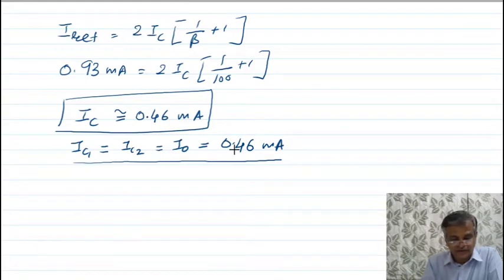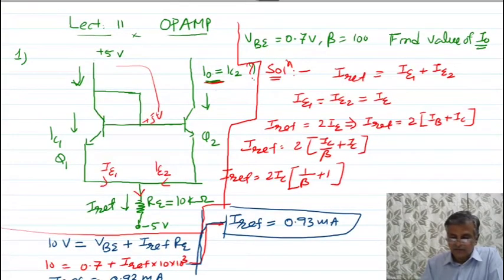Okay, now just a revision. Look here, the question is find the IO. So this I have to find. This circuit is given to you. So from the circuit, what did I do? This I reference is the addition of these two currents. That is, these two currents I have taken equal, because these are identical.